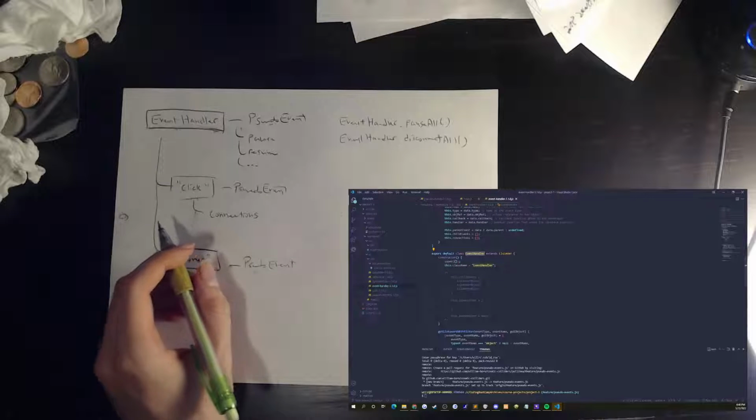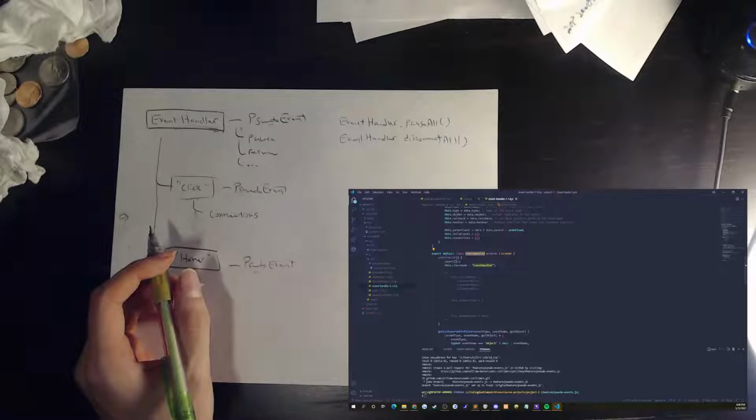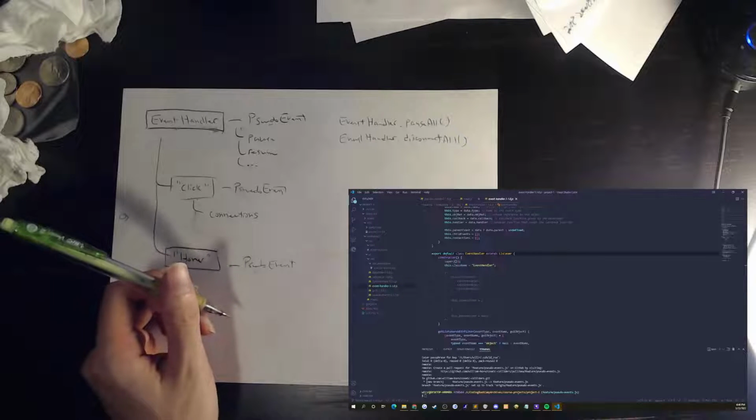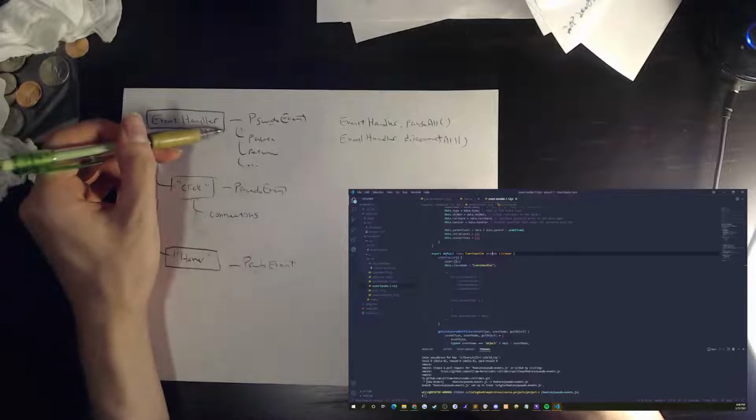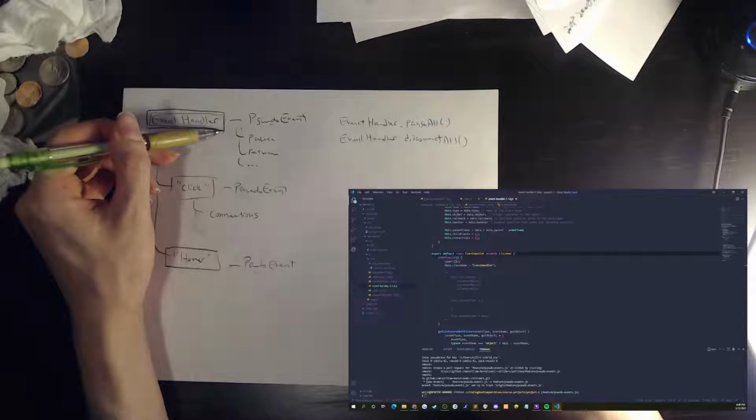I'm just trying to think about what the difference is going to be. We might actually be able to simulate this behavior with just a pseudo event. Right? Because if our event handler is just a pseudo event,